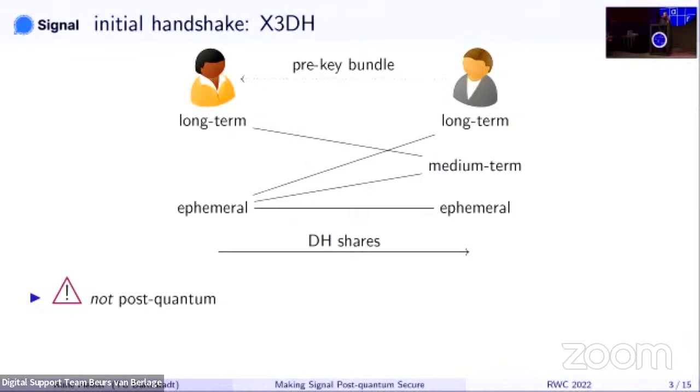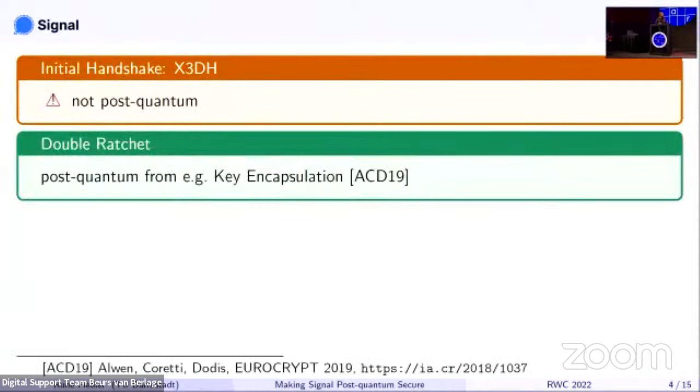The problem with this approach is it's relying on Diffie-Hellman, and as we all know, this is not post-quantum secure. And that is the starting point of this work. How do we replace this? Because quantum computers are a threat. We don't know when they are coming, but if they're coming, we have a huge problem. Right. As we've seen, the initial handshake is vulnerable to quantum attackers.